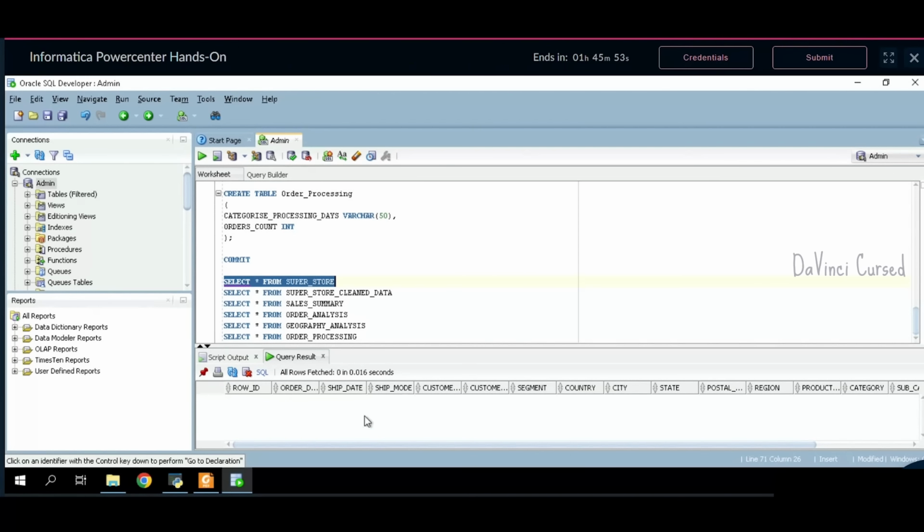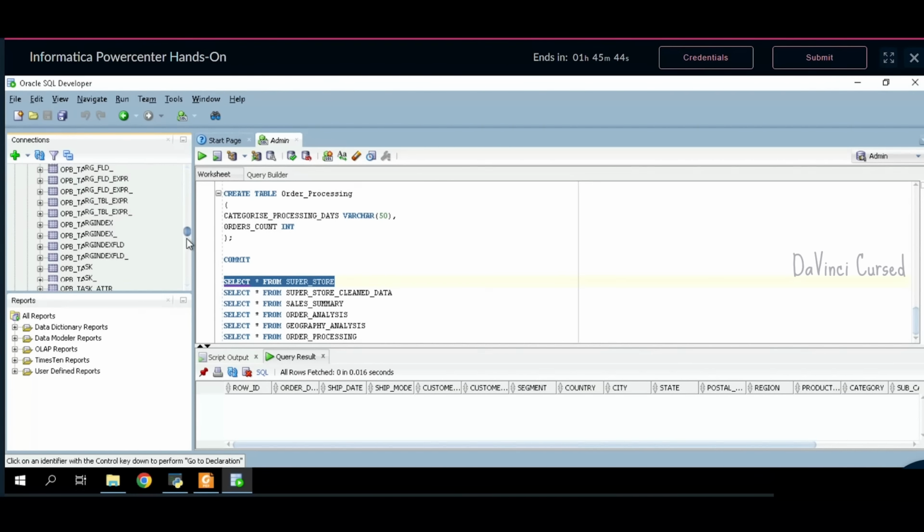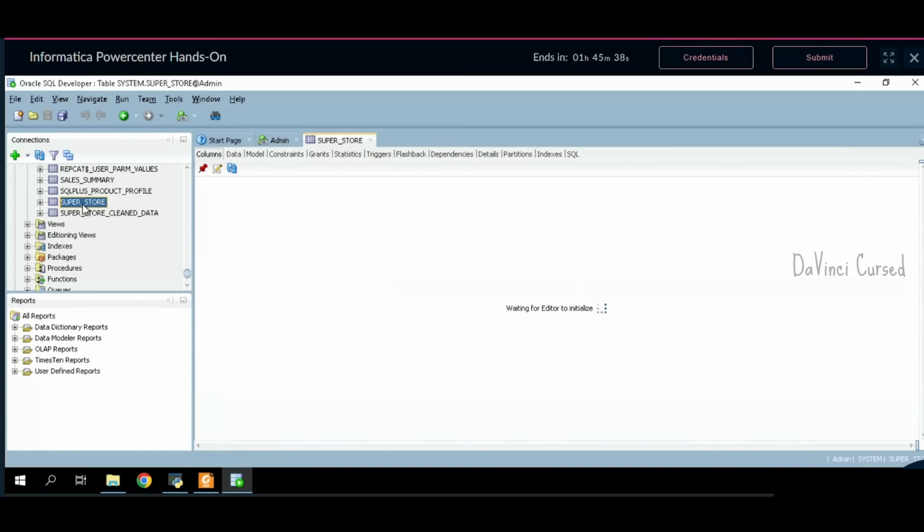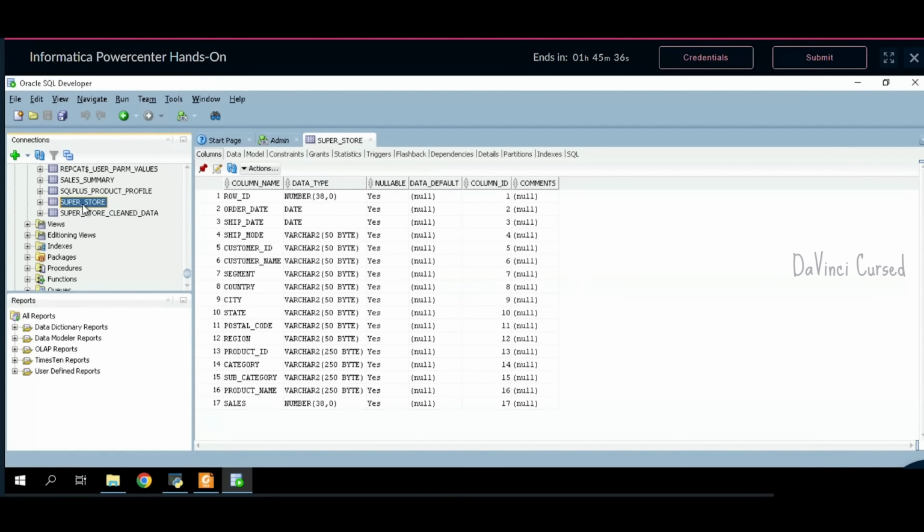So these are the columns which we have in this superstore table, and the table is completely empty. Now we will import the sample file into this table. So here is the superstore table. Just right click on this